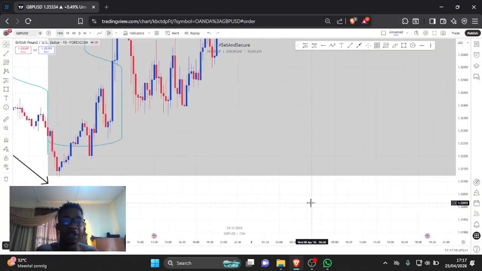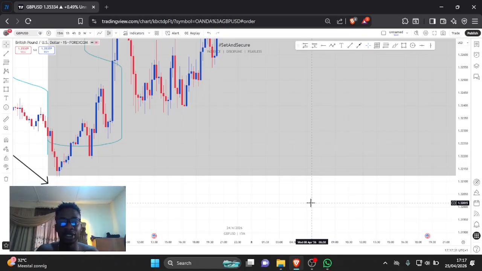You can find displacement on 15 minutes, you can find displacement on 1 hour, you can find displacement on 4 hours. You can find displacement in any time frame, but I still prefer looking for displacement on the 15 minutes, because it helps you get into a trade earlier. And if you find a displacement on the 4 hour,